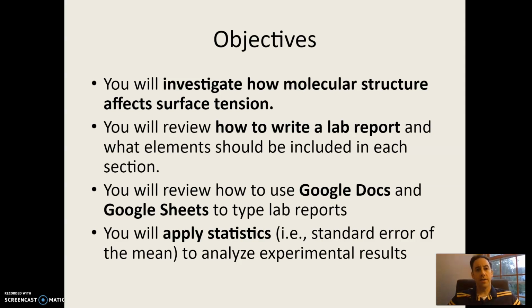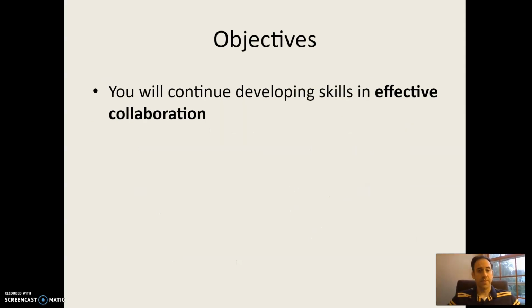Three, you're going to review how to use Google Docs and Google Sheets to type lab reports. Google Sheets is a spreadsheet program, and part of this is you're going to learn how to use that spreadsheet program to collect data and to graph that data, which is a very powerful tool. And then finally, you're going to apply statistics, specifically standard error of the mean and standard deviation as well, to analyze experimental results. I'm assuming that's going to be new for most of you unless you've taken a statistics course. So the final objective, actually, sorry, one more, is that you're going to develop skills in effective